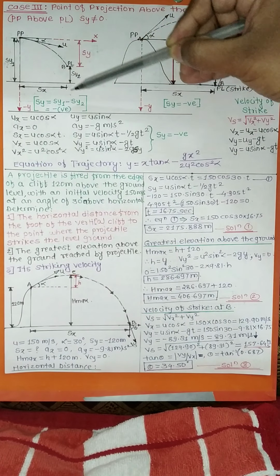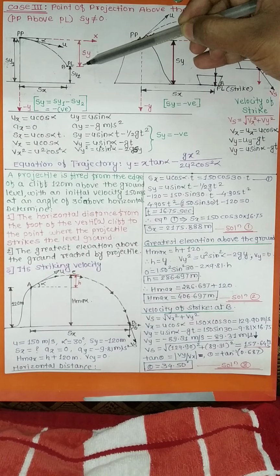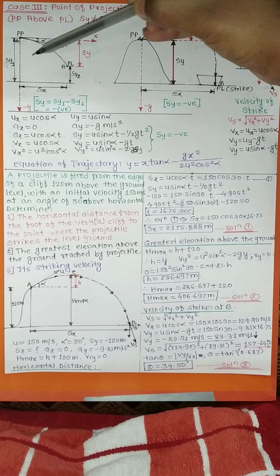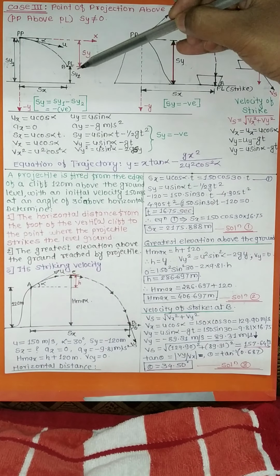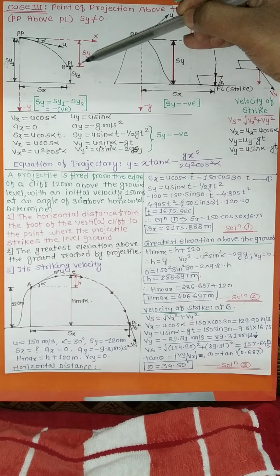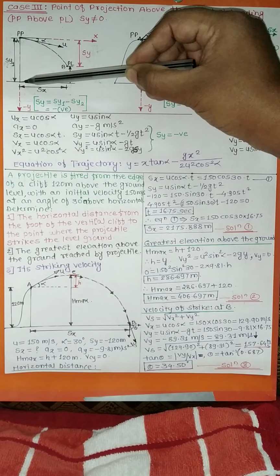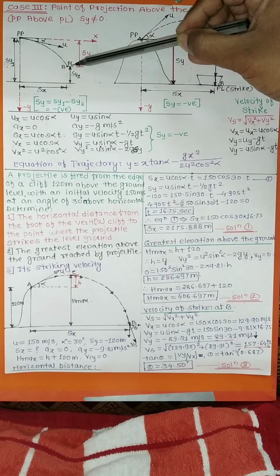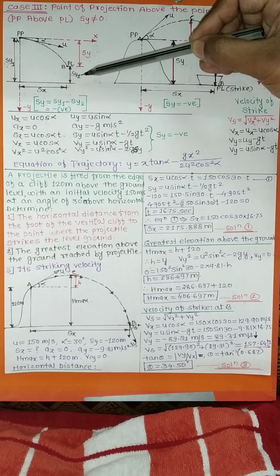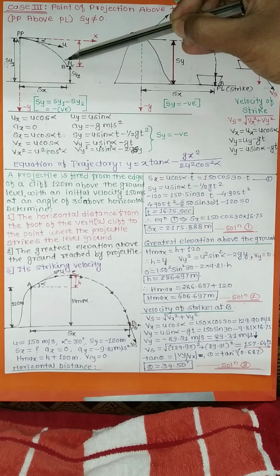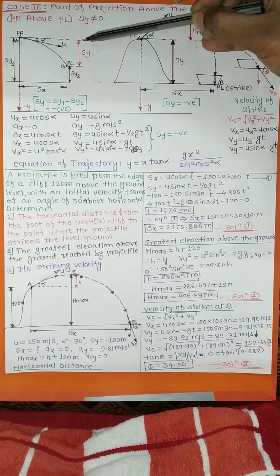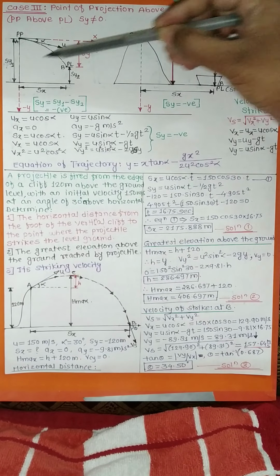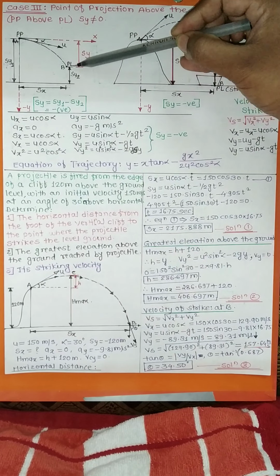See the first case, in that how we can find out the displacement of the projectile in y direction. The displacement of the projectile we have to define between 2 points, that is point of projection and point of landing, in x direction and in y direction. The displacement of the particle in horizontal direction between the point of projection to the point of landing is Sx, and the vertical distance between point of projection to the point of landing is Sy. Now for this case we can observe that this Sy will be defined as Sy1 minus Sy2.